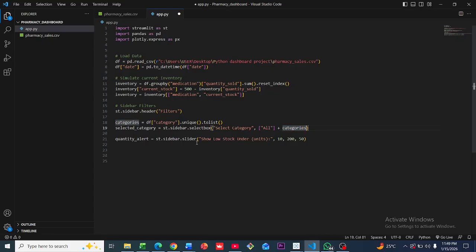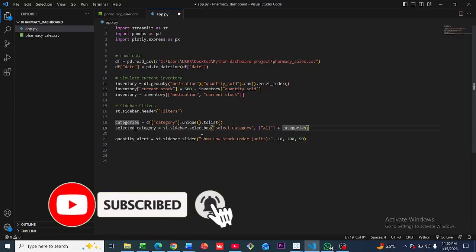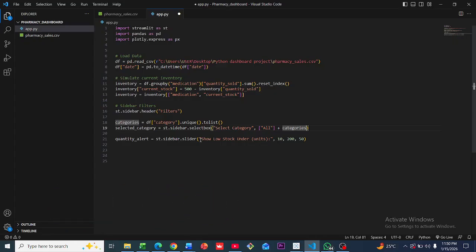Another thing we want to do is also to create a quantity alert, so that when our medication stock is lower than 50, it tells us that our stock values or the number of medications we have for this particular category of drugs is dropping. When it is lower than 10, it gives us another signal that we are going below stock and so forth. So that's what we want to do. So using the sidebar slider, we are going to be passing it those various range of values. So we want 10,